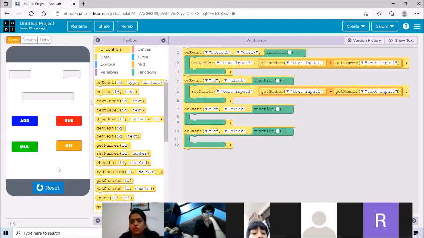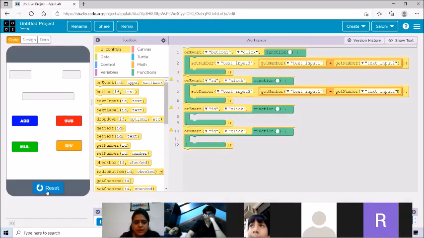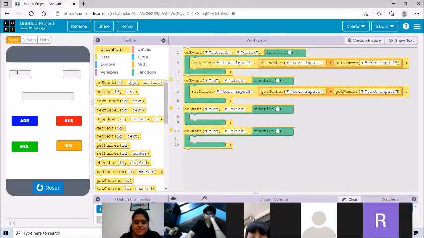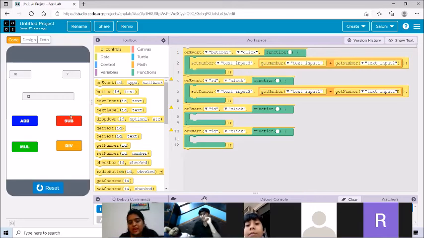Then we'll code for the rest of the 2 buttons. I'll click on the run button. I'll enter the first number as 10, the second number as 2, and then when I click on the add button, see what happens. In text input 3, the number is set, and the number is the addition of the numbers entered in text input 1 and text input 2. When I click on sub,